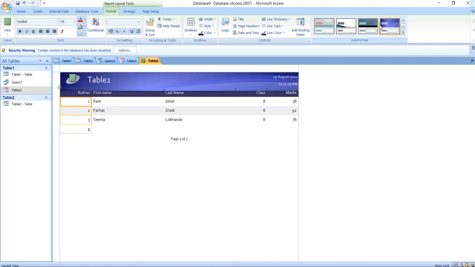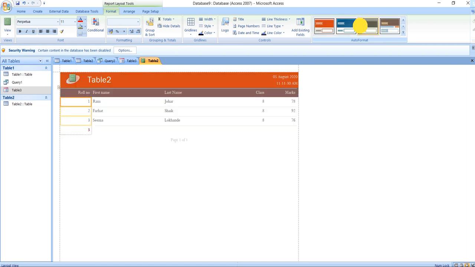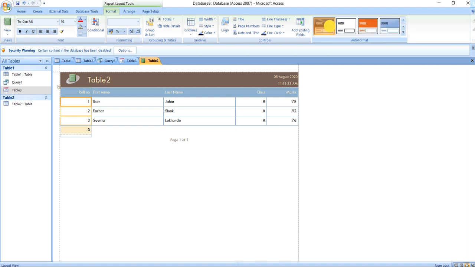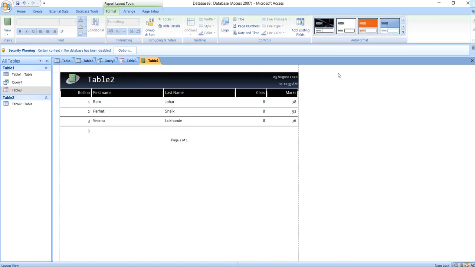Viewing a report. So this way we are going to create a report of our students. So understood kids, how to prepare a report. Now after preparing, always remember to save it.